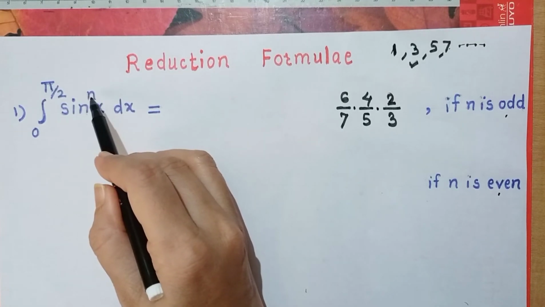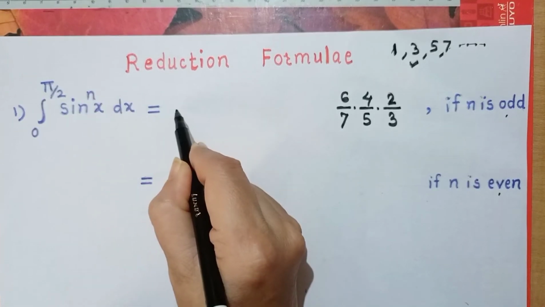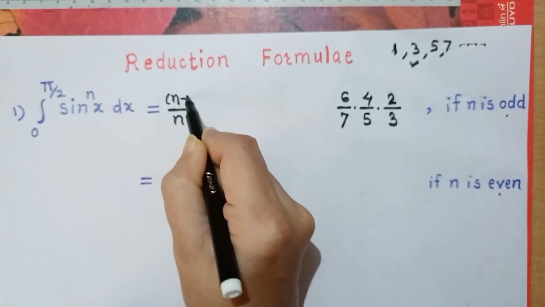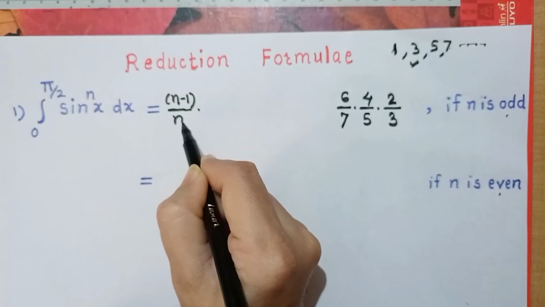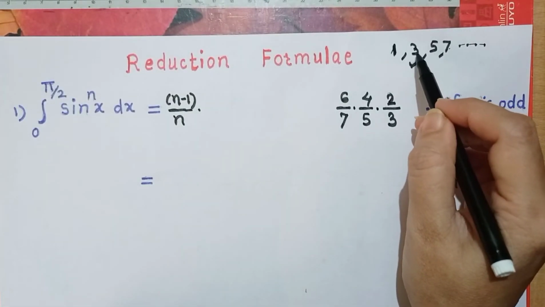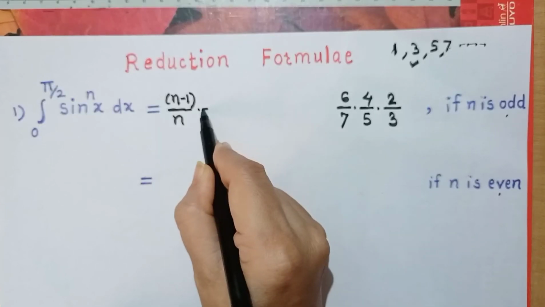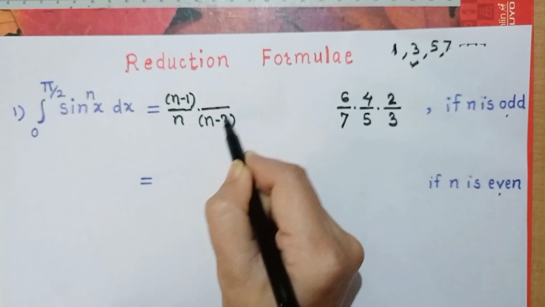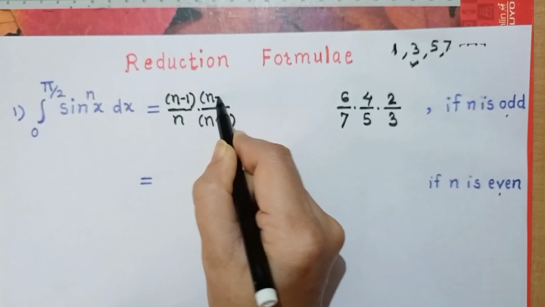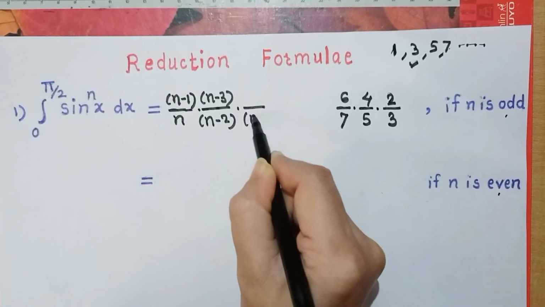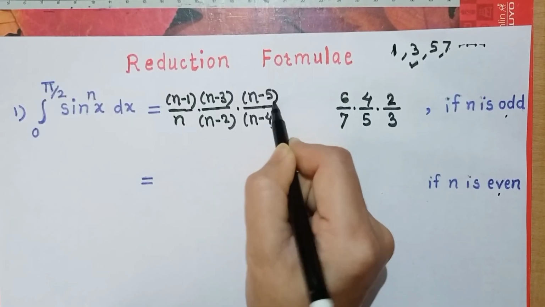But here the number is n and this is an odd number. So downside n, one number less means upside n minus 1. Next factor, next odd number. We know that the difference between odd numbers is 2, so the smaller odd number will be n minus 2, and one number less upside means n minus 3. Again the next one, n minus 4 and so on upside.